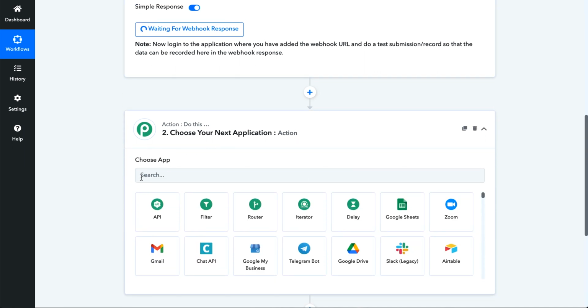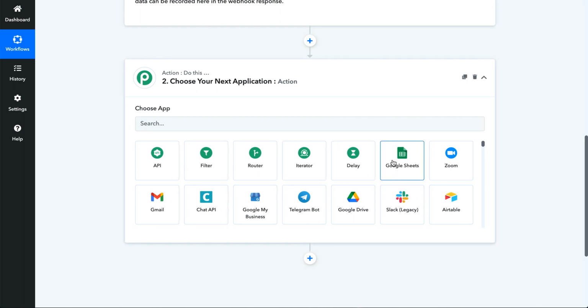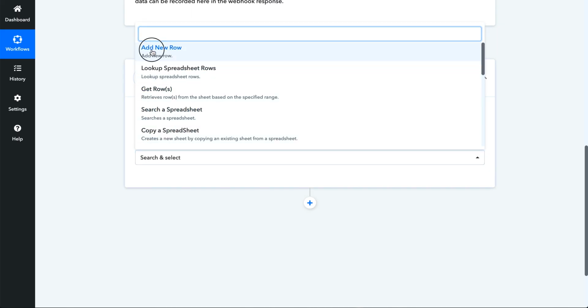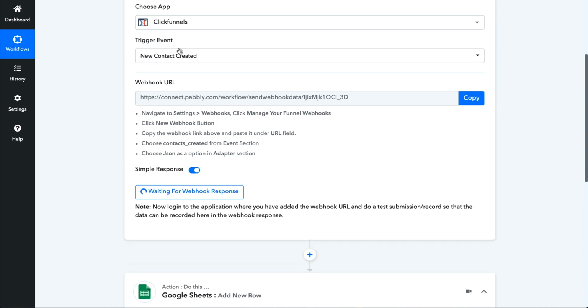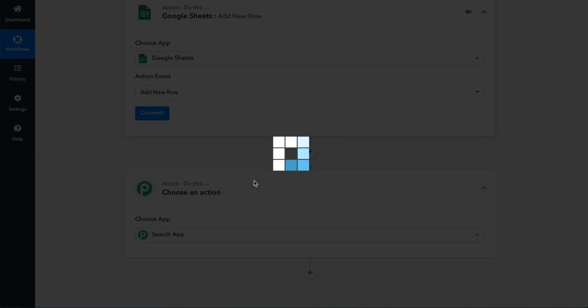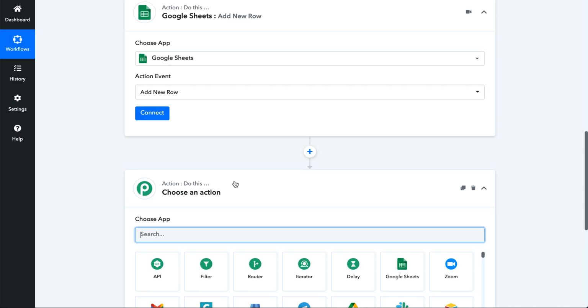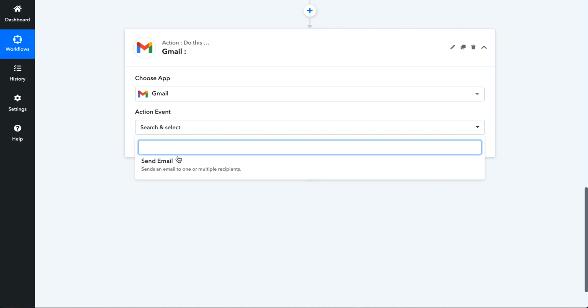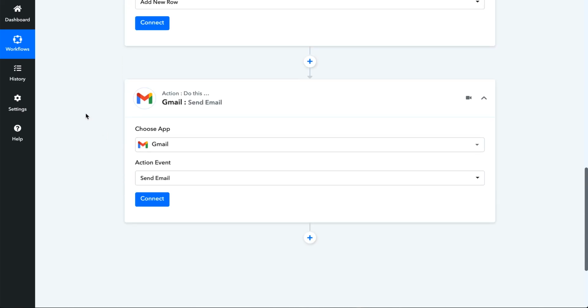For this action, I maybe want to update a Google Sheet with a new row with this information up here. And then maybe I also would like to send an email, so I'm going to search for Gmail, then choose send email, and go from there.